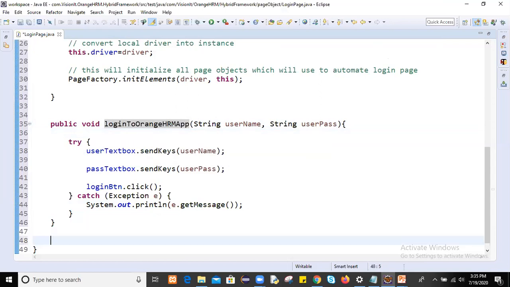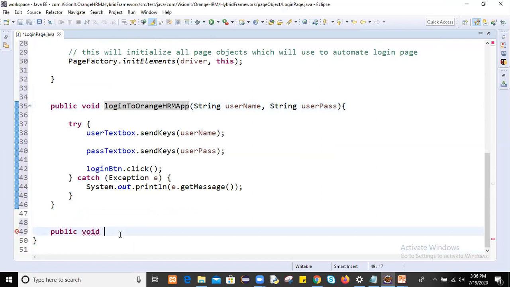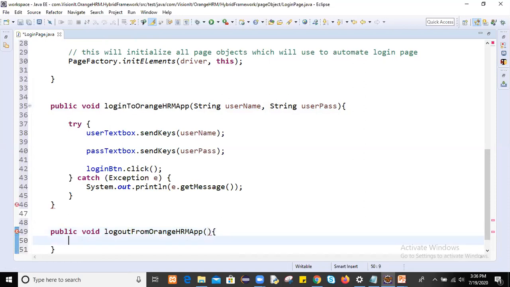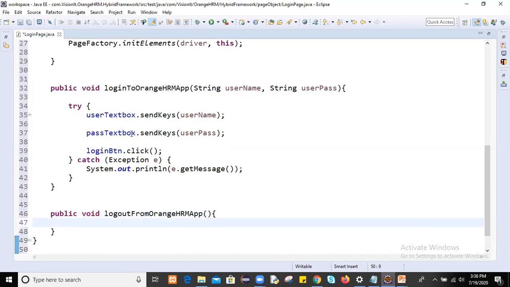We'll create one more action method here, public void, instead of login, log out from OrangeHRM app. If you want to log out from the OrangeHRM app, you don't require anything.